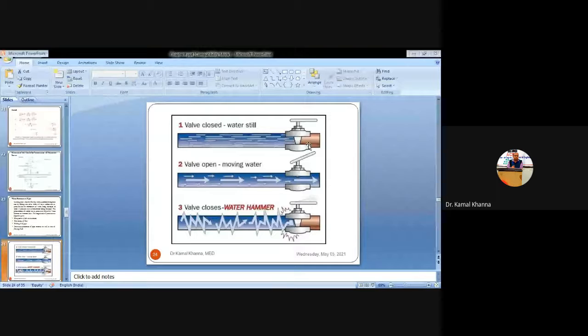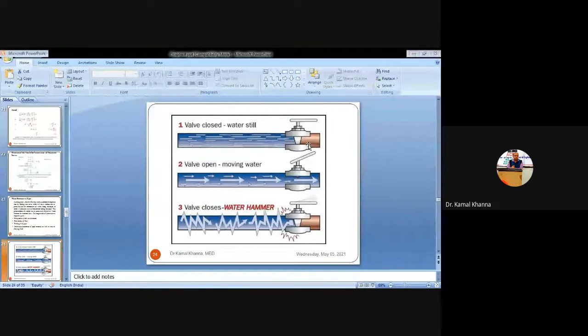when the length of the pipe is small. But if the length of the pipe is somewhat larger, and then you have closed the gate valve suddenly, then the water has some space to travel in the backward direction, and the chances of water hammering are less. Last but not the least, the water hammering is also dependent upon the elastic properties of the material of the pipe as well as of the flowing fluid.